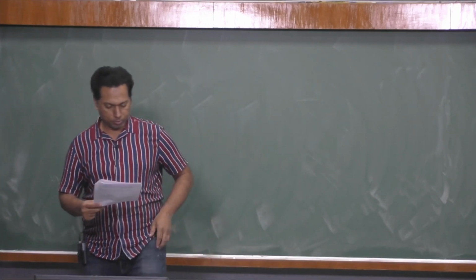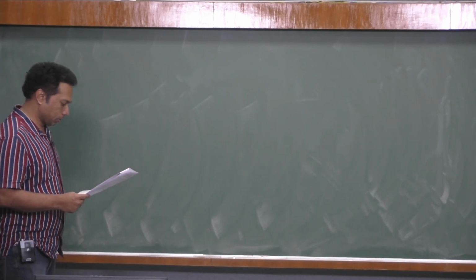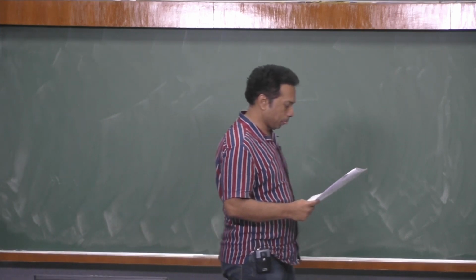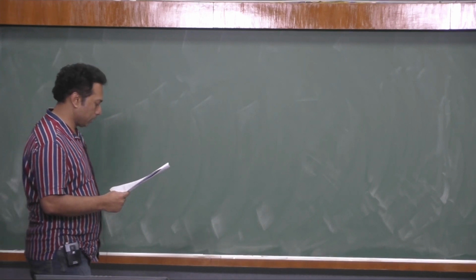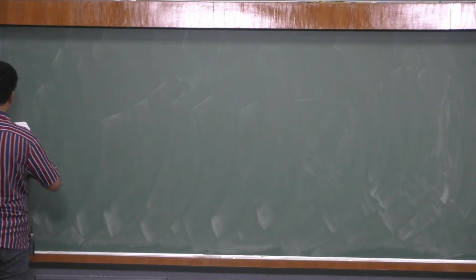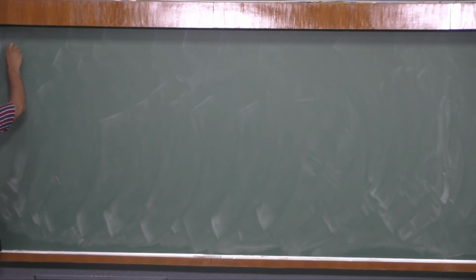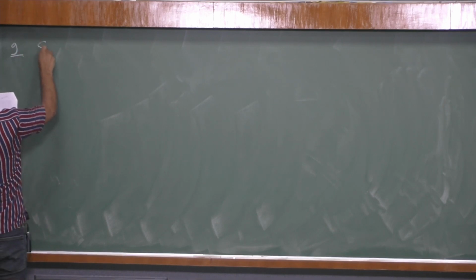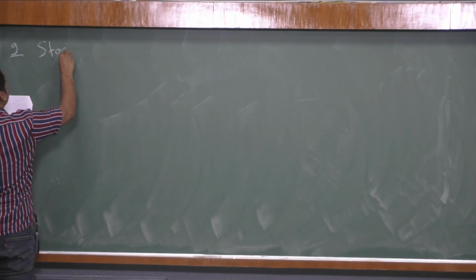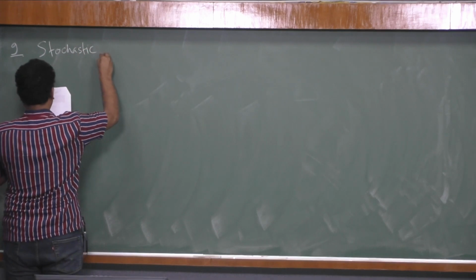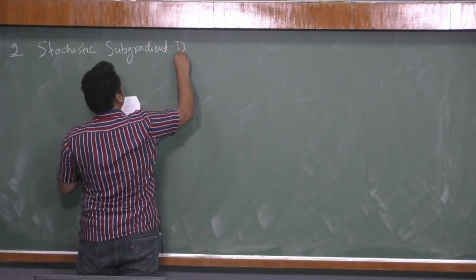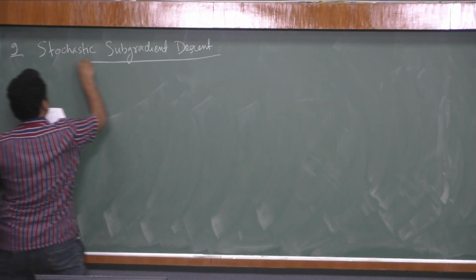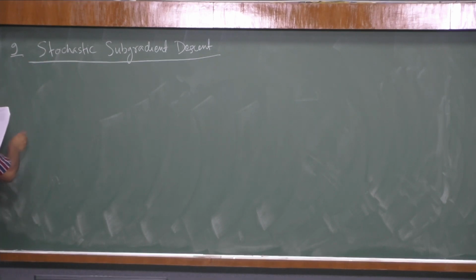In the last class, we started with stochastic subgradient descent. So this is basically stochastic gradient descent, but for non-smooth functions. And we defined what a stochastic function is. So we are doing this from the notes. Stochastic subgradient descent, and we defined a stochastic function,